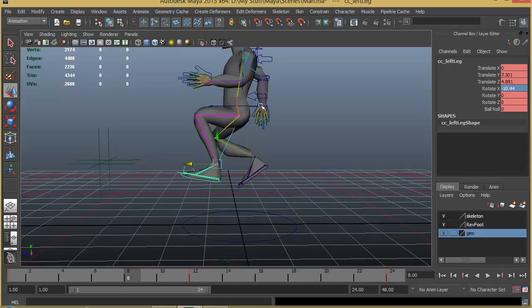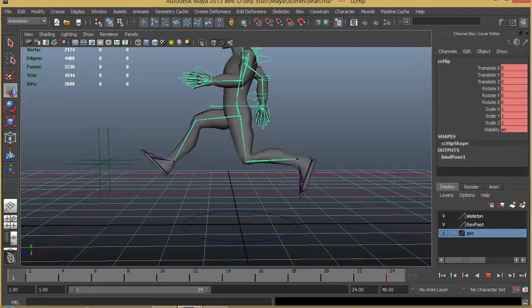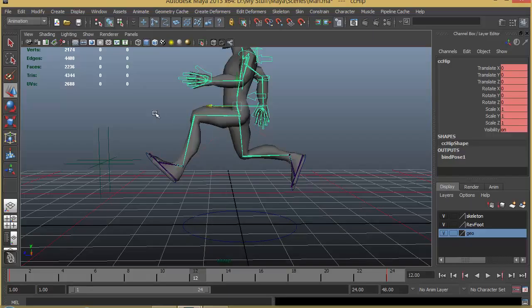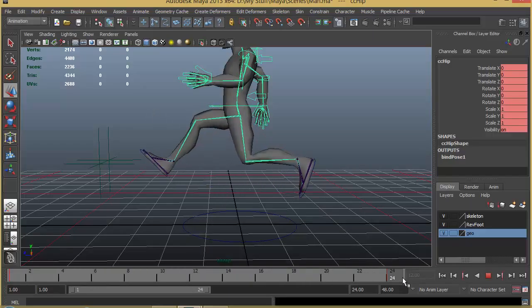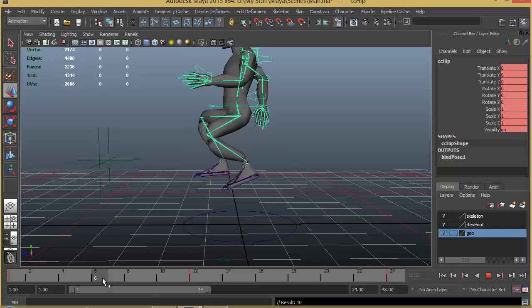Good. Let's do a little bit of movement for the hip also. Here is the extreme pose where both the legs are in the air, and here also it is the same extreme pose where both the legs are in the air. So the hip has to be in the same place, but we just have to set key so that we can create the in-betweens here. Okay,